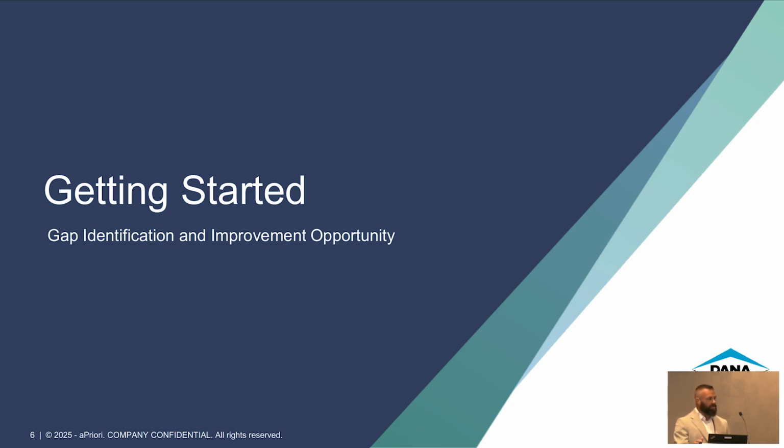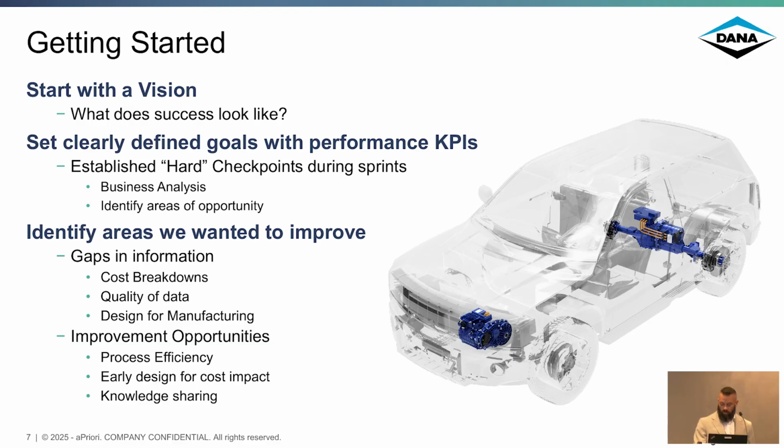The goal is to get a priori into the hands of the users that can make an impact. And where we felt that opportunity started was at the design phase. But in order to get it to the design phase, you had to make sure it was robust, right? We had to make sure that the tool provided outputs that would reflect what we were currently getting in the market today. So what we did is we formed a team, and that team had to get together and establish